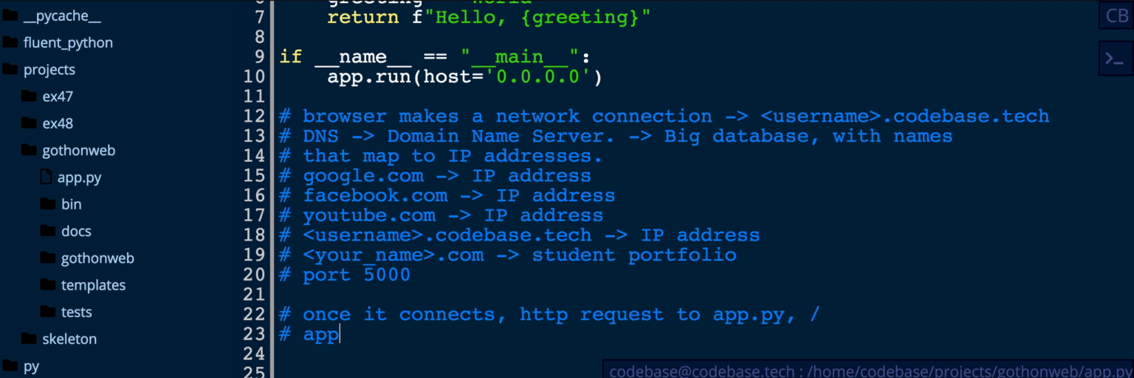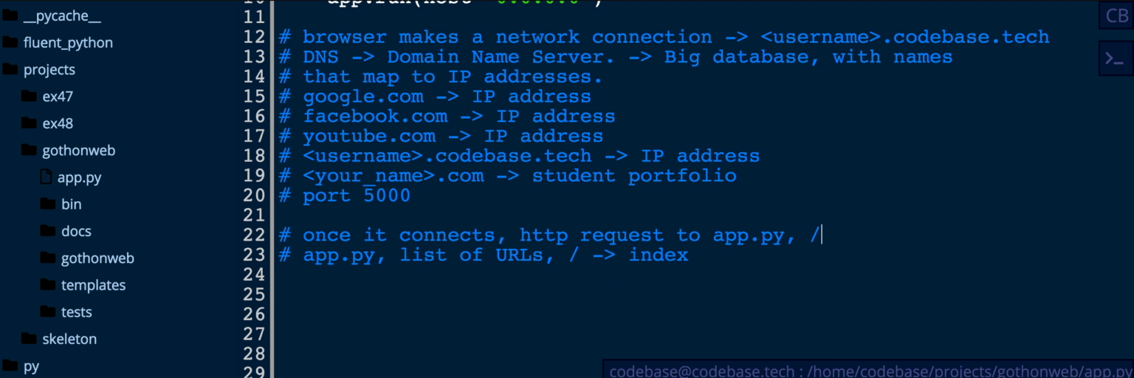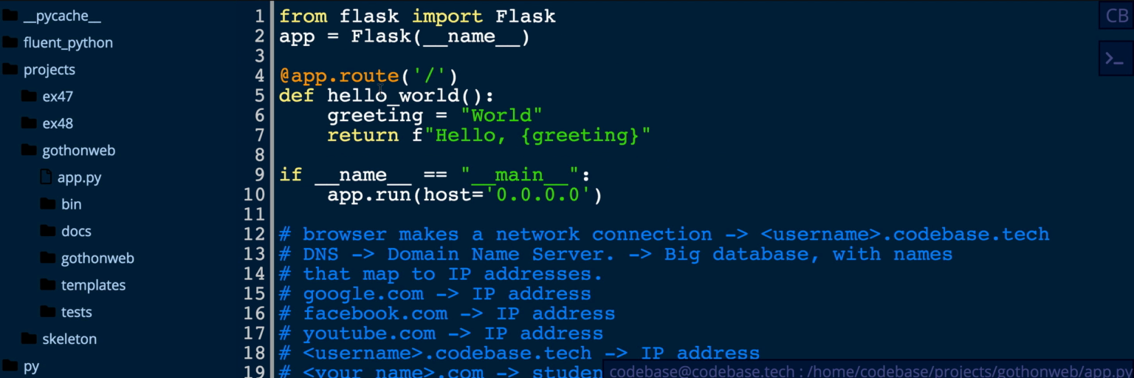Now inside app.py, we have a list of URLs, and it looks for the right one to match. And indeed, this root URL matches index, although I'm not too sure if he means index or if he means hello world, because in fact here we have listed this as hello world and not index. Okay,